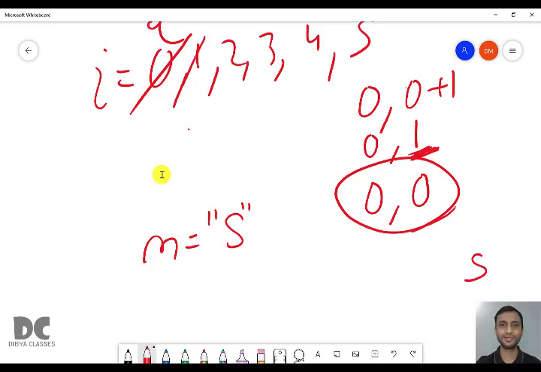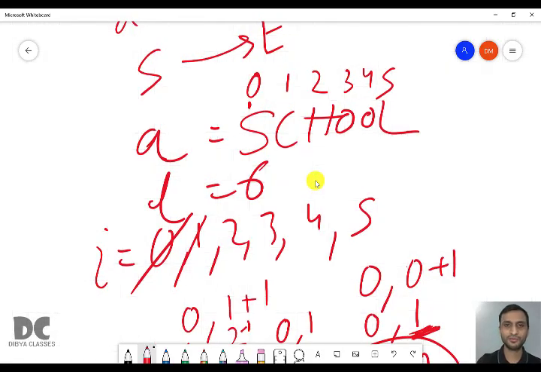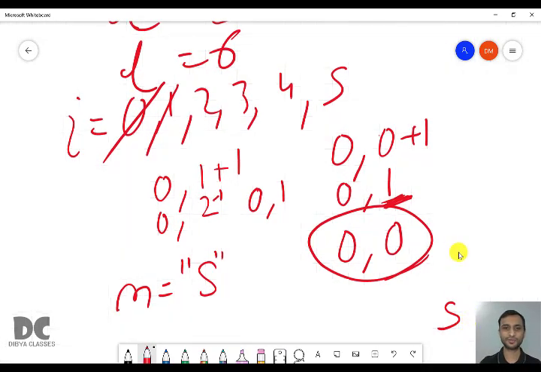Next time I value becomes 1. So this time it will be 0, 1 plus 1, that is 0, 2. But Java will reduce -1 automatically, it will be 0, 1. From 0 till 1, that is what will be stored? SC will be stored. In N, SC will be stored. So it will print SC. Next time I value will become 2.